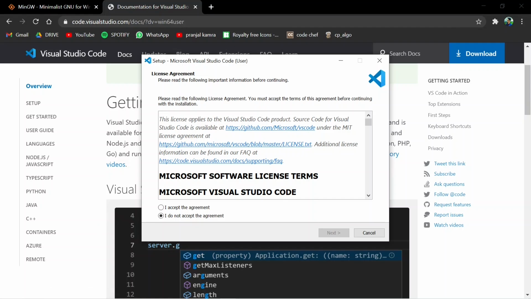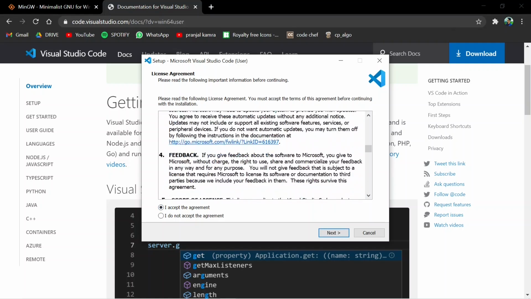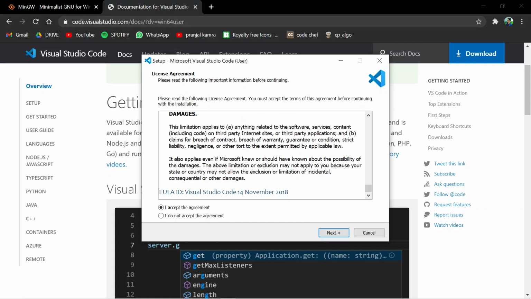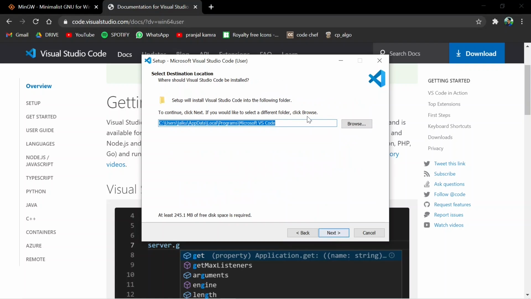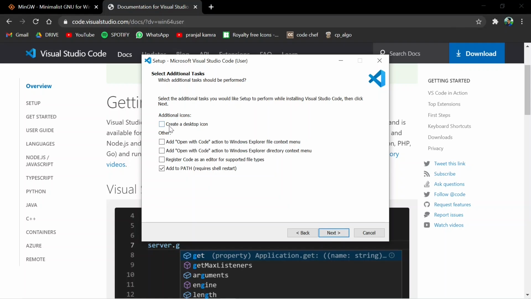Now as you can see, my Visual Studio Code has downloaded and I am now installing it. Continue with me, accept the agreement. If you want, you can read this whole agreement, which no one will. Click next. Then I'm just gonna leave it default over here. Then next, and yeah, just next.